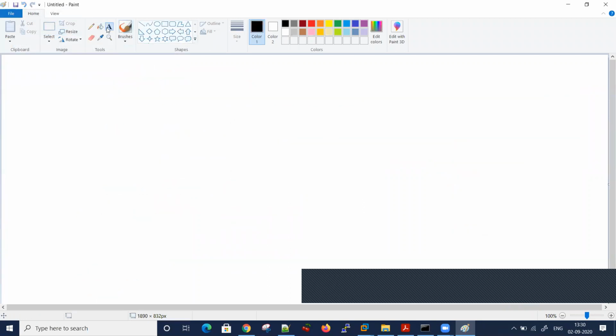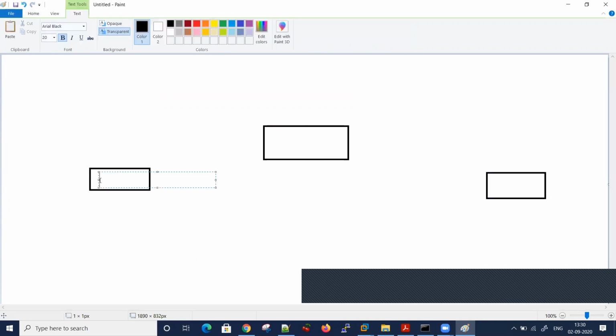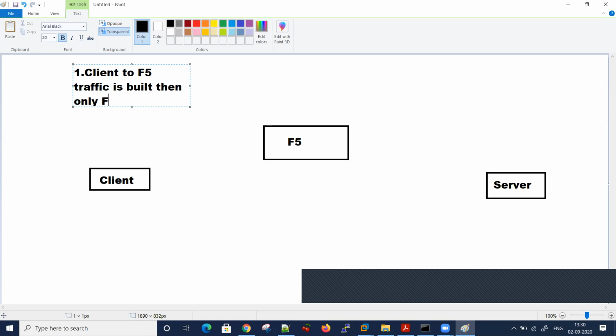Thanks for asking. So let's take client, F5 and server. This is F5 and this is server. So the question is, when client to F5 traffic is built, then only F5 will select server according to load balancing algo.